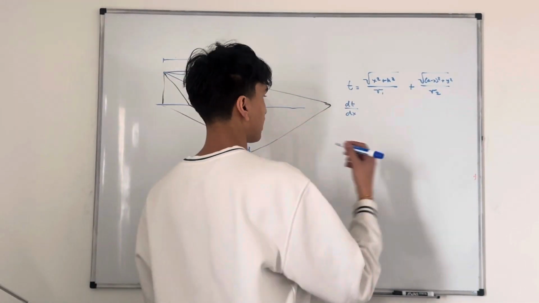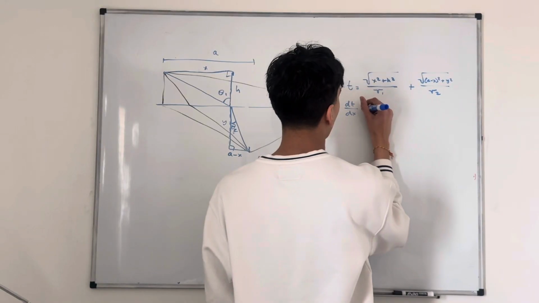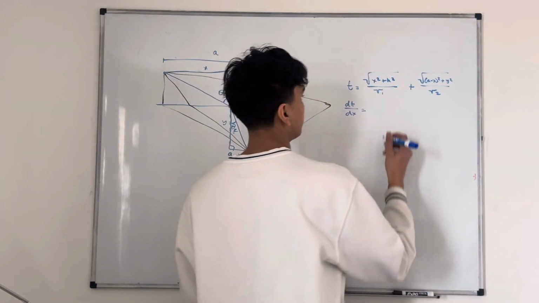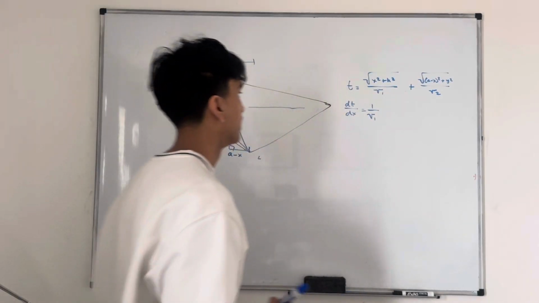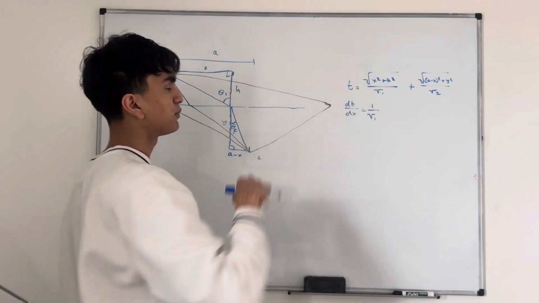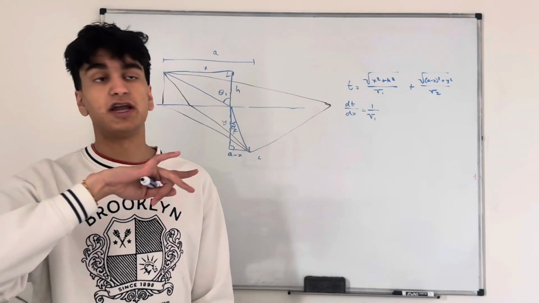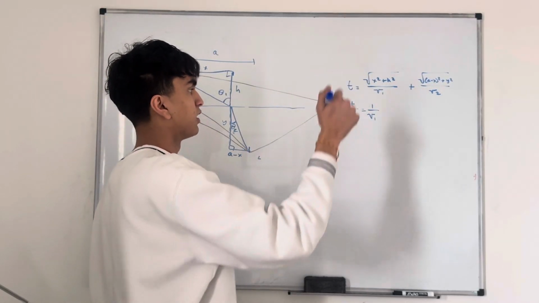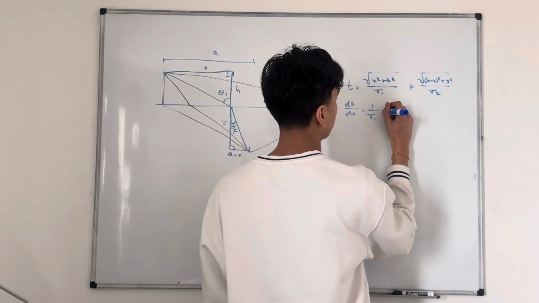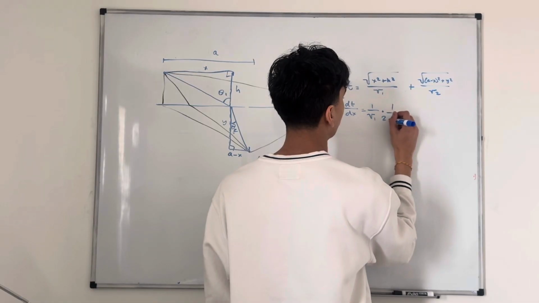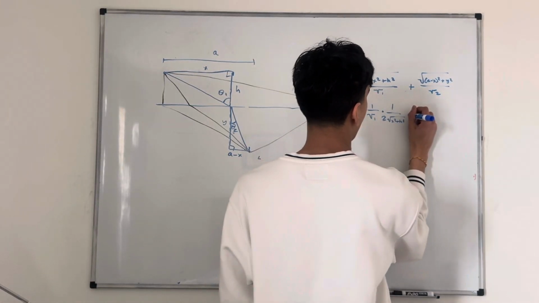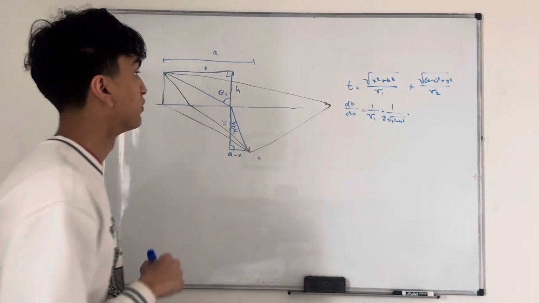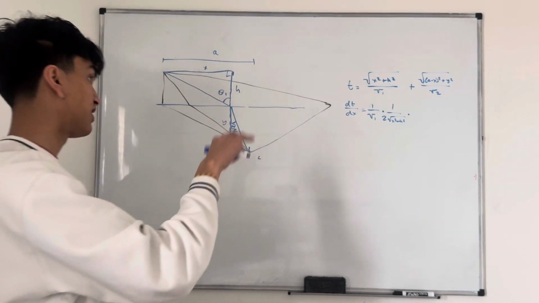So dt over dx, v1 is a constant, so we can pull that out of the derivative. For the derivative of the top, we can use chain rule, right? The derivative of a square root is going to be 1 over 2 times root x squared plus h squared, or whatever's inside that root. And then we're going to multiply it by the derivative of the inside of that root, which is going to